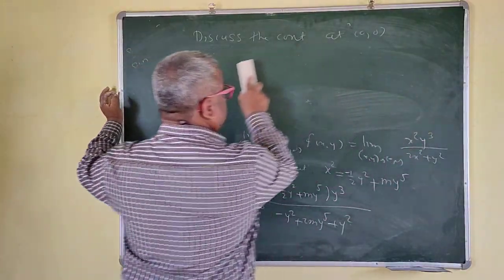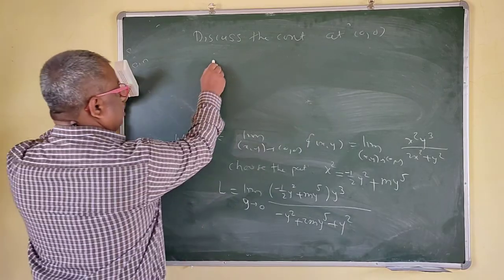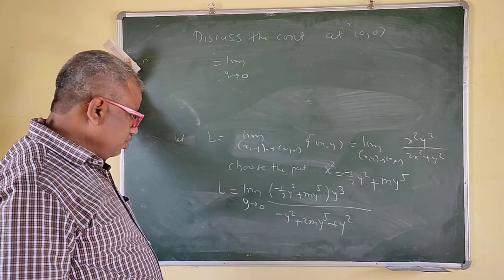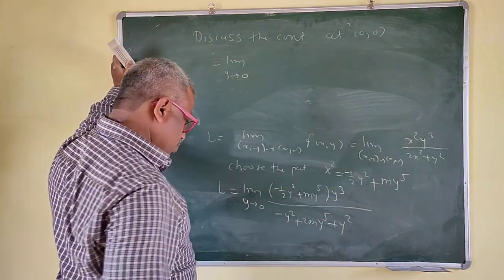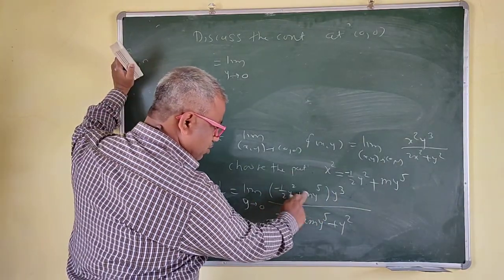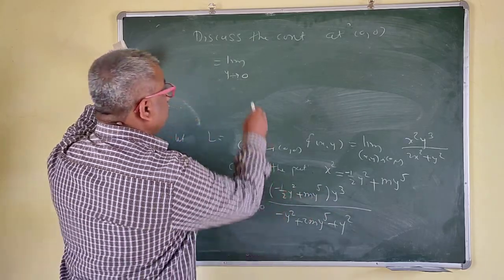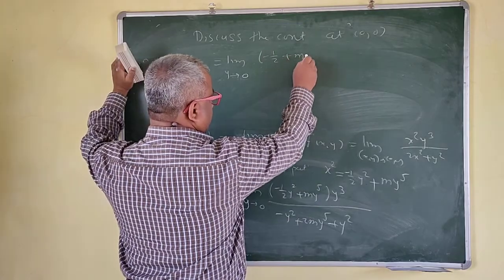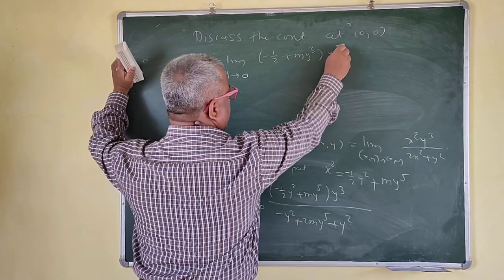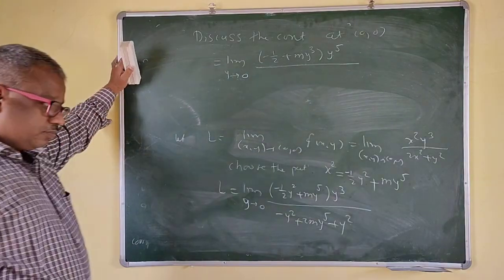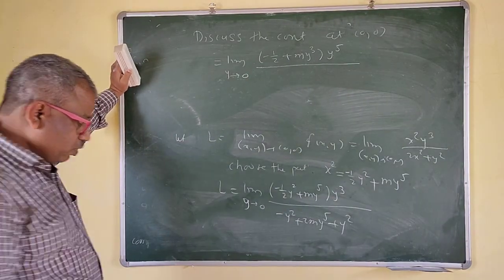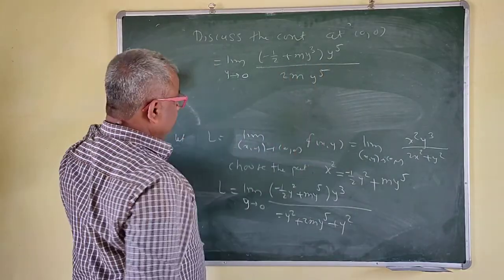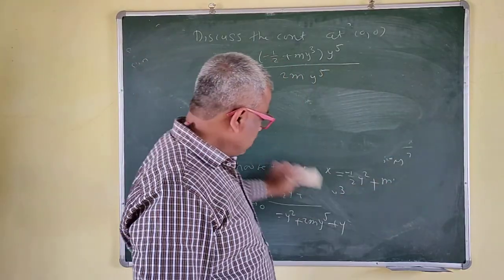We are trying this. So this is limit y tends to 0. We'll keep it as it is. You can take y square common now. So this is minus half, y square common now, plus m y cube, and this is y to the power 5 now. Right? What about the denominator? Your y square gets cancelled. Twice m y to the power 5. Yes, we are through. Right? So y to the power 5,